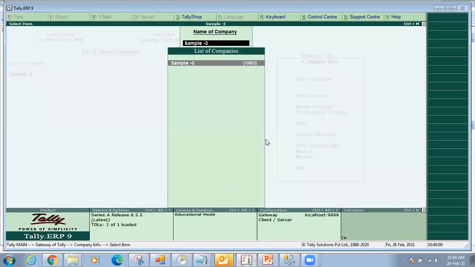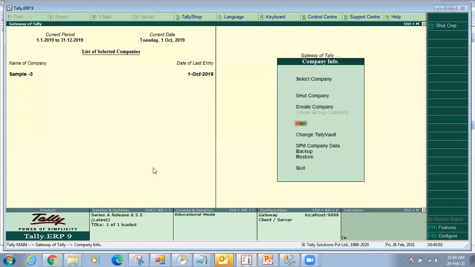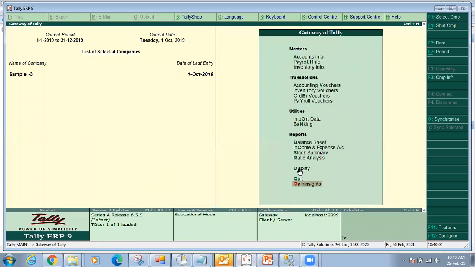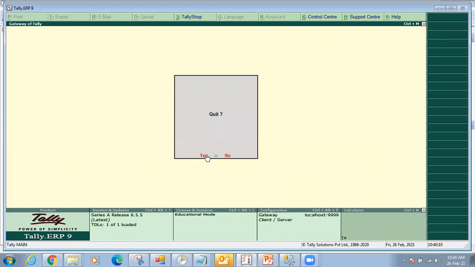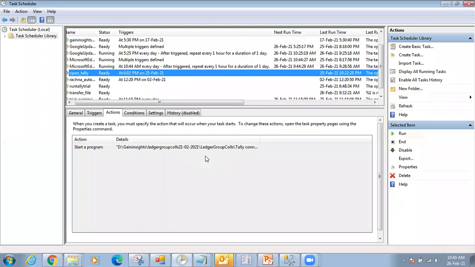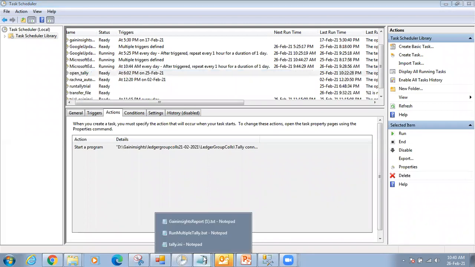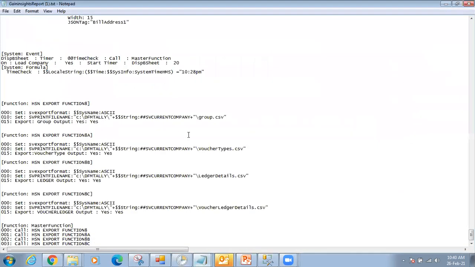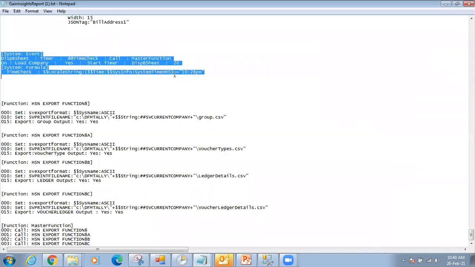Okay. Now if I quit, I quit, yes. Now I'll run this file. This is the batch process which will run. So you can set up your time in the system event here in this particular folder.